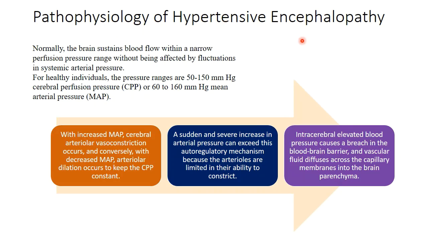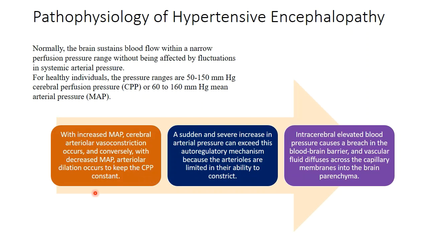Now, what is the pathophysiology of it? Normally, the brain sustains a blood flow with a narrow perfusion pressure range, which is about 50 to 150 mm of mercury when considering the cerebral perfusion pressure, and 60 to 160 mm of mercury when considering the mean arterial pressure. Note, with an increase in the mean arterial pressure, the normal mechanism is cerebral arteriolar vasoconstriction. And with a decrease in the mean arterial pressure, arteriolar dilatation occurs to keep the cerebral perfusion